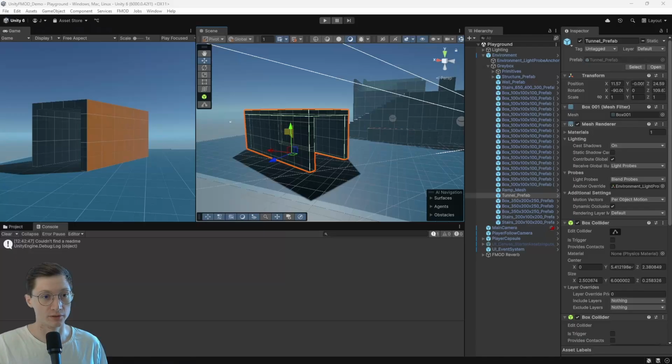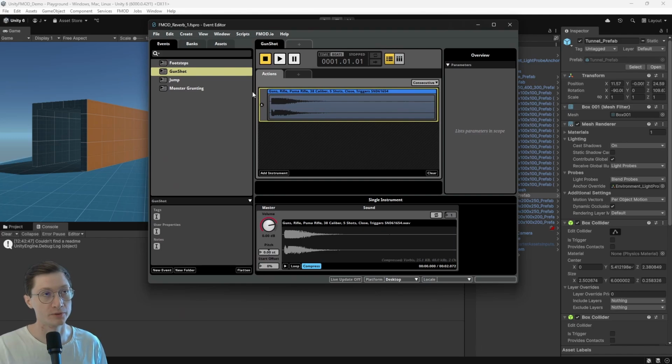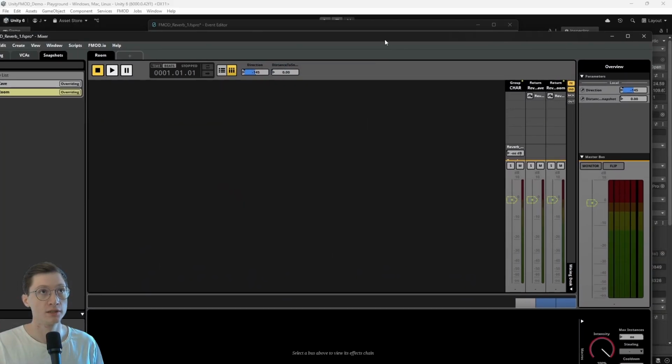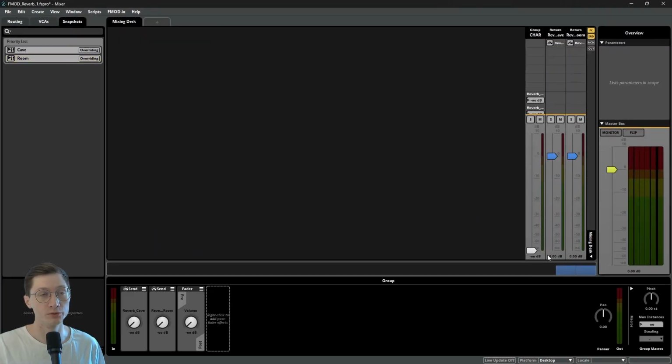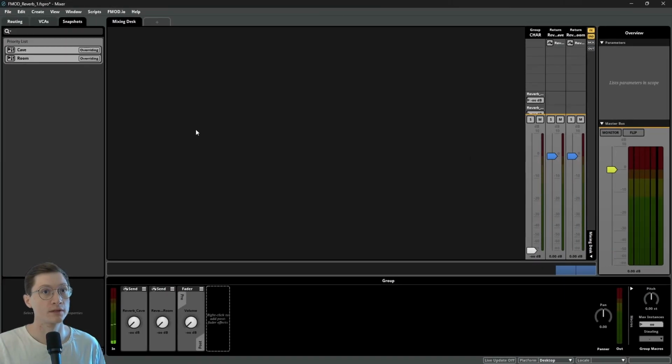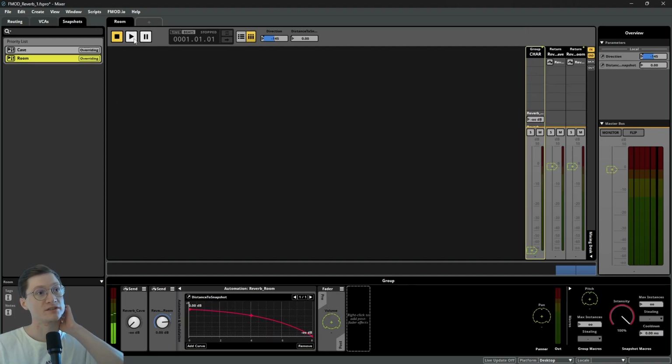We're quickly going to have a look inside of FMOD so I can preview what this is doing. For this, I'm going to loop my gunshot, and in the mixer itself, outside of the snapshot, I'm going to mute the gunshot itself, so we're just hearing the reverb. When I'm playing the gunshot, we see that there is signal coming in, but we hear nothing as we muted the output. And when we're now activating the reverb and increasing the distance,